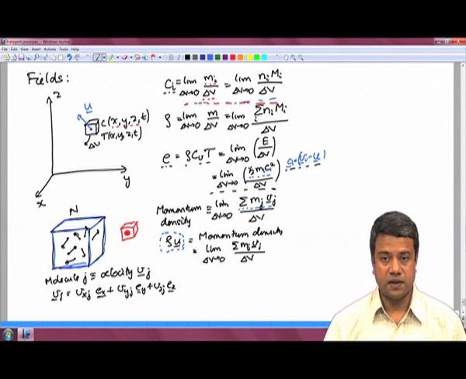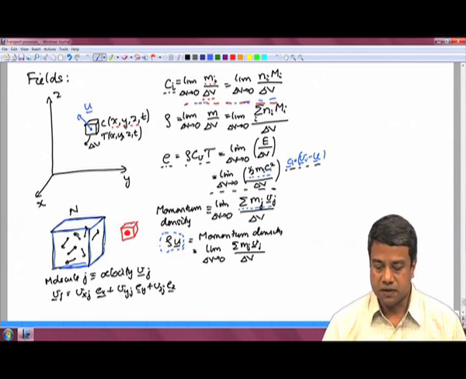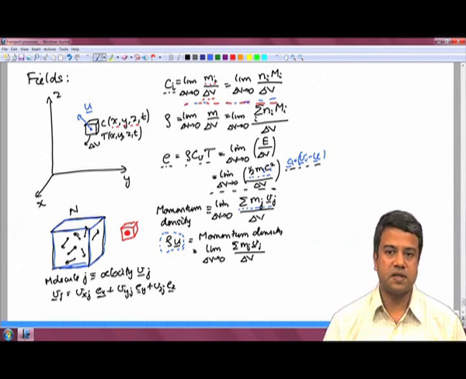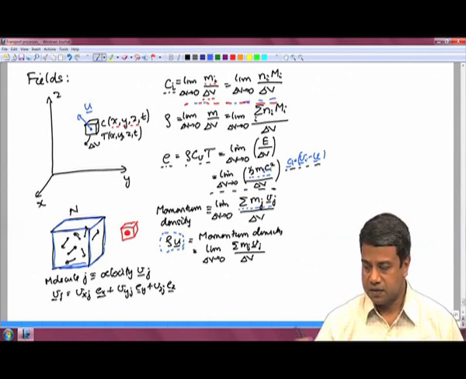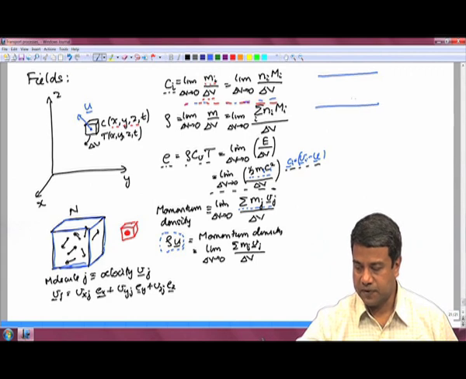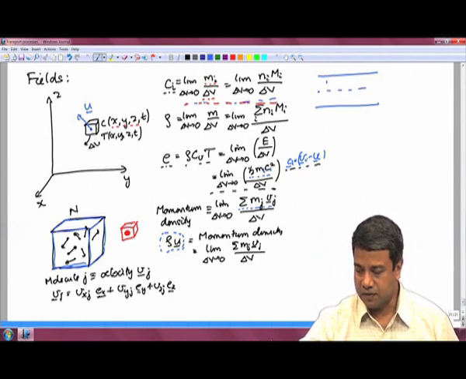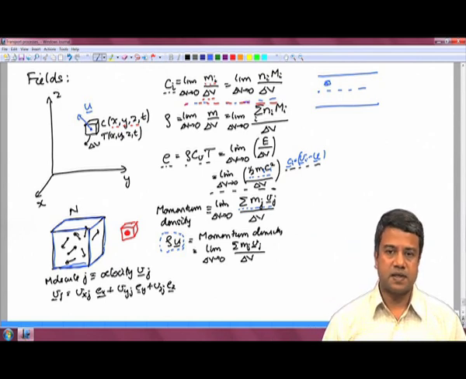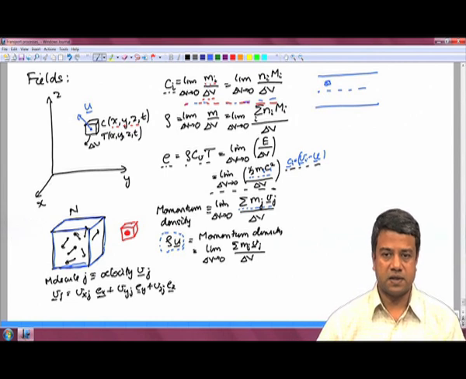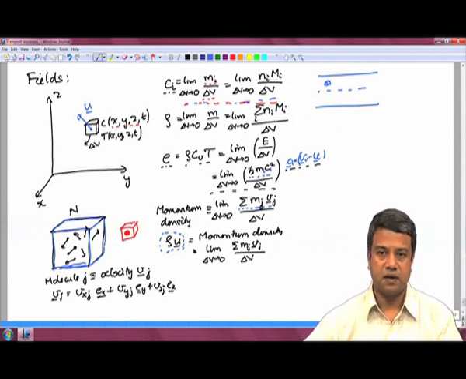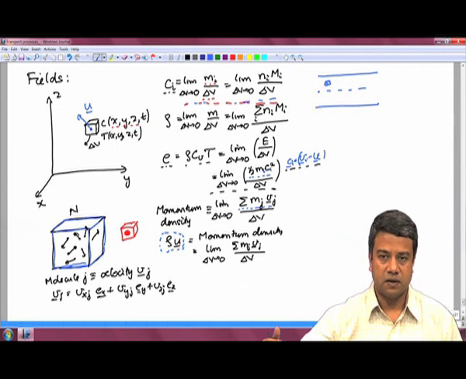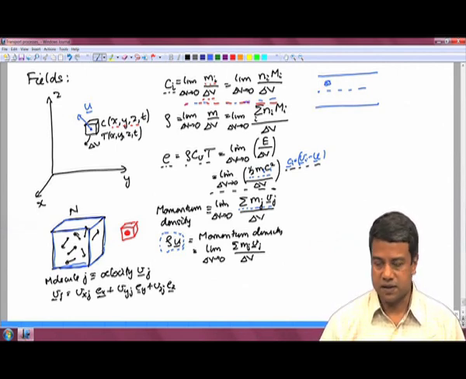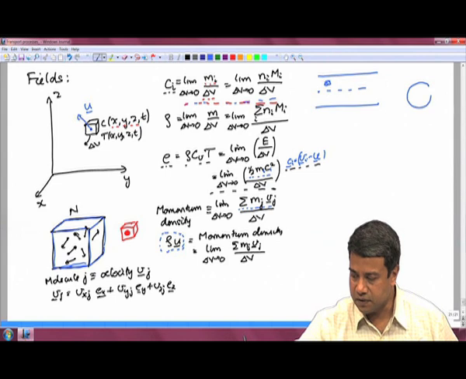However, to have a sensible continuum definition, it is also necessary that this volume has to be much smaller than whatever system that you are analyzing. So, if you are analyzing the pipe flow, for example, I should be able to define a volume that is much smaller than the diameter of the pipe. Otherwise, it does not make sense to define a field, which has a value at every point. You can define a field only if the volume over which you are averaging is much smaller than the size of the pipe. Similarly, for the flow around a particle,